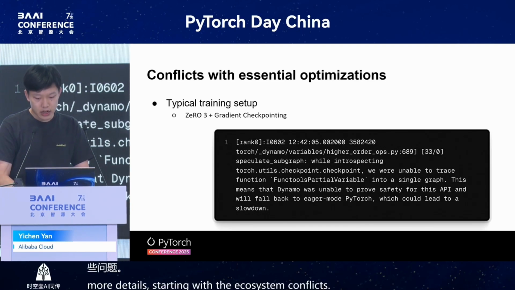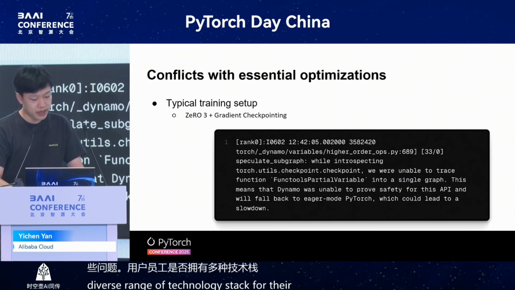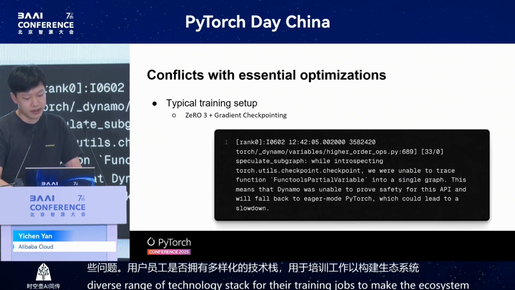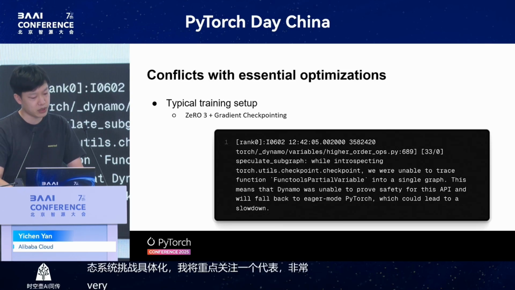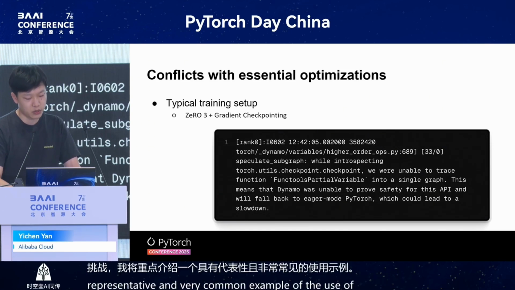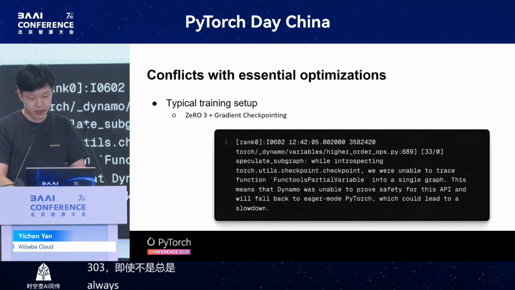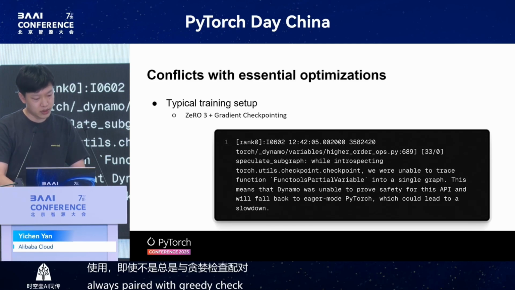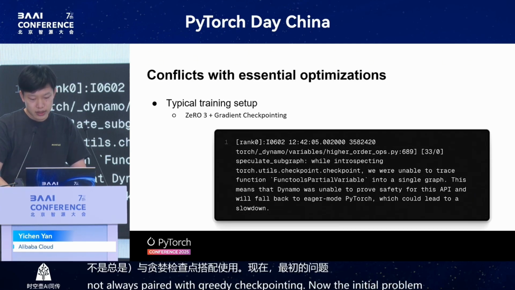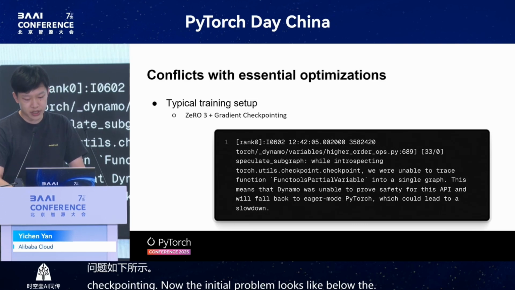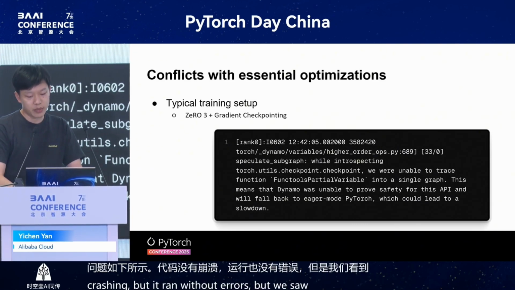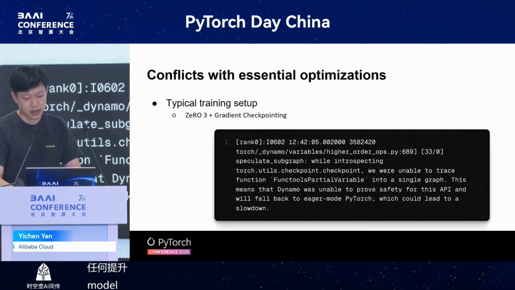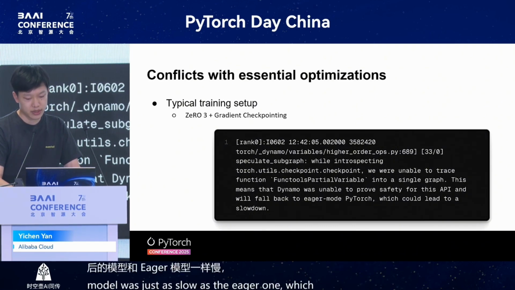Our users employ a diverse range of technology stacks for their training jobs. To make the ecosystem challenge we face concrete, I'm going to focus on one representative and very common example: the use of DeepSpeed, often, if not always, paired with gradient checkpointing. Now, the initial problem looks like below. The code wasn't crashing, it ran without errors, but we saw no speedup at all. The compiled model was just as slow as the eager one, which completely defeats the purpose of using torch compile